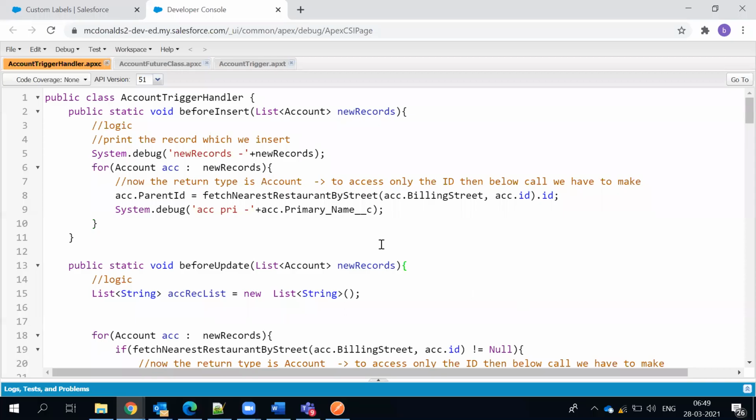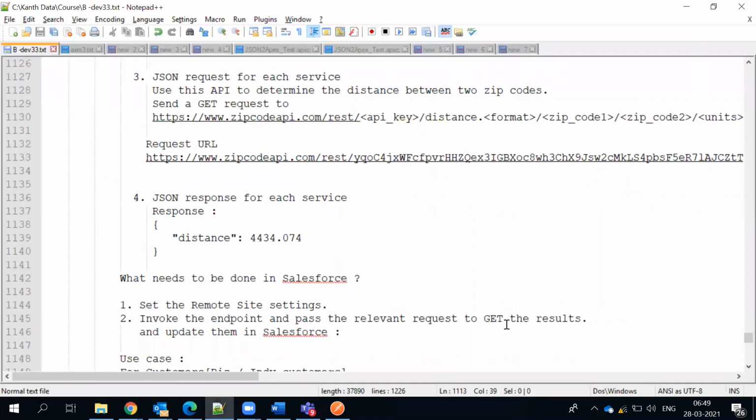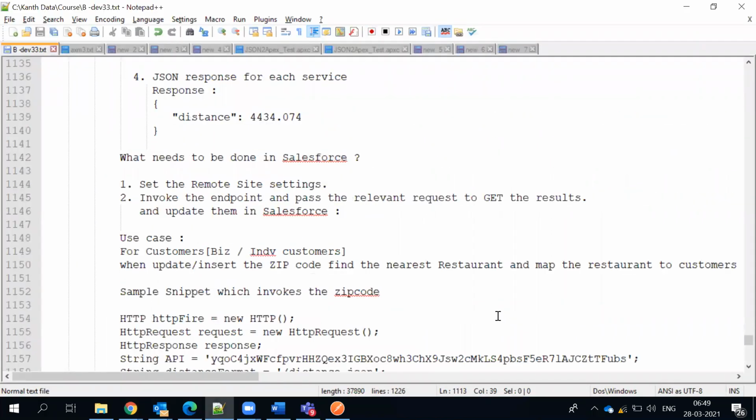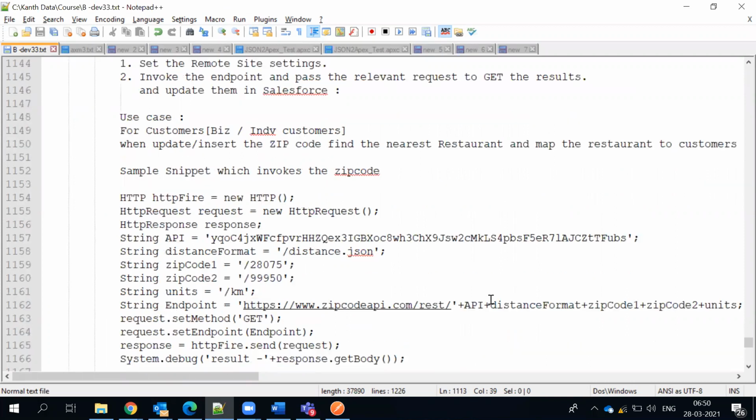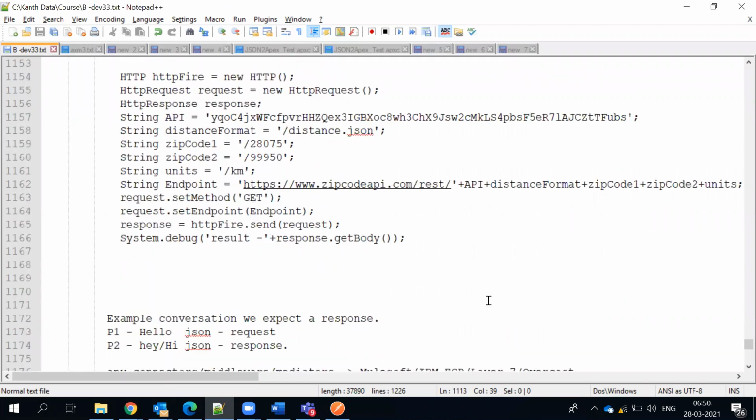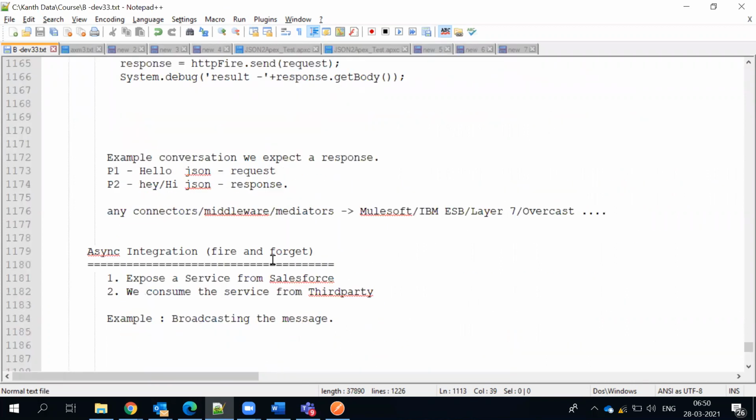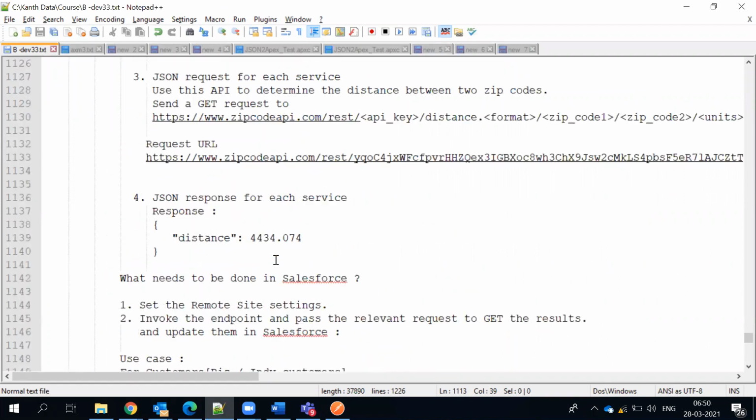Okay, so what we tried to do in triggers in the last class is about updating an account on the same object after doing a callout. So exactly by investigating, what I got to know is